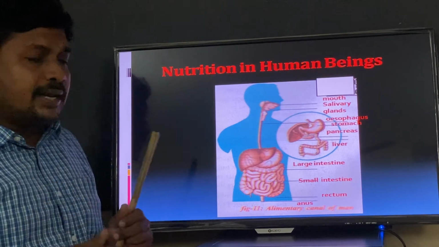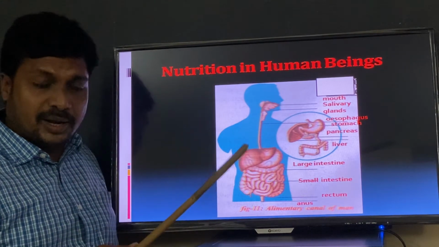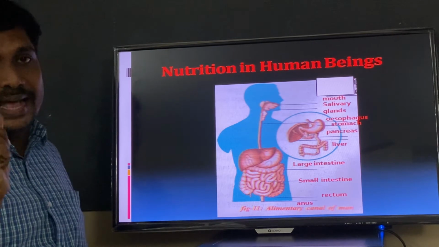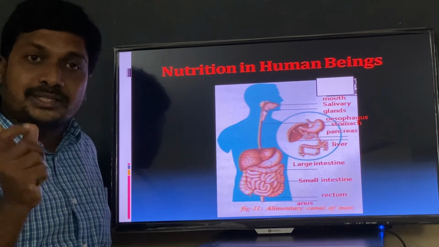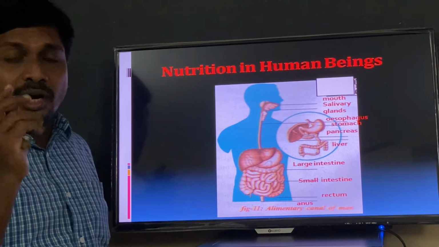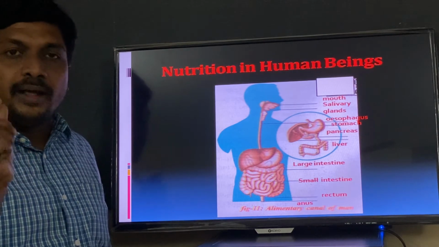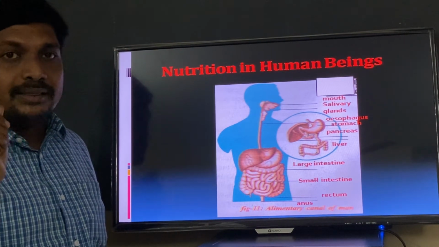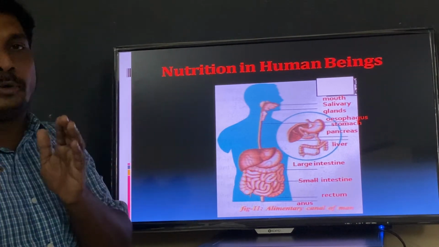What do you mean by pepsin? An enzyme released from the walls of the stomach. Already we learned the walls of the stomach consist of gastric glands. These gastric glands release a juice known as gastric juice. Already we learned that in human digestion, enzymes are released in the form of juices. This gastric juice contains an enzyme called pepsin. This pepsin converts complex proteins into peptones.